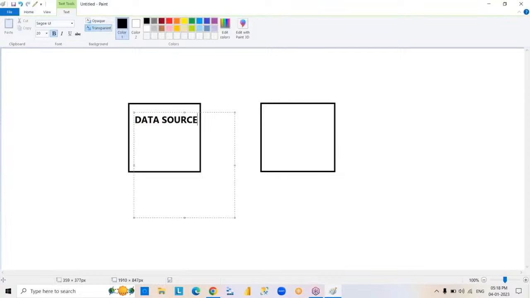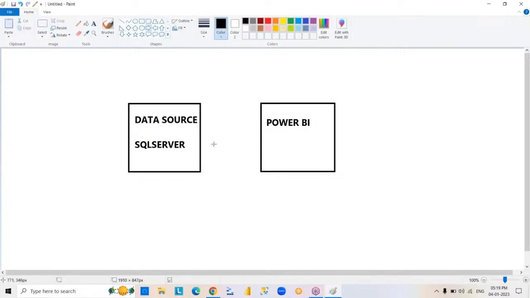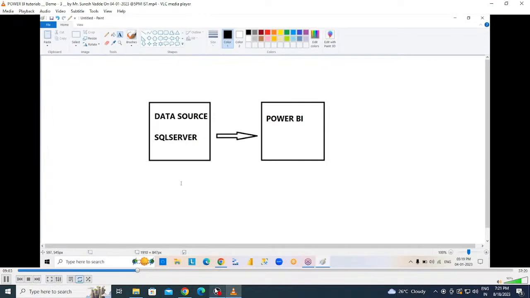Here we have something like a data source. Assume that your data source is SQL Server. In the same way, this is your Power BI environment. You're going to copy data from the data source to the Power BI environment. I said the data source is SQL Server. What is SQL Server? A Microsoft RDBMS database. How is data stored in Microsoft RDBMS databases? In table format. Maintain clarity. So you are going to copy data from the data source to Power BI, meaning you are going to copy tables from the data source to Power BI. Clear? Right? Even in the Power BI environment also,